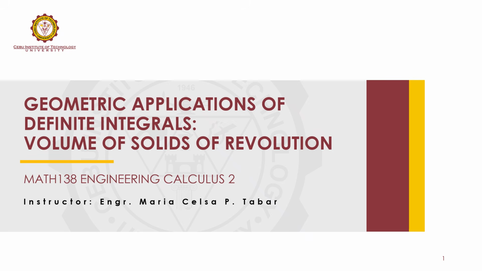So today we'll be exploring one of the most visually satisfying applications of the definite integral, which is computing the volume of solids of revolution. Up until now, we've been using definite integrals to find areas under curves, essentially measuring flat two-dimensional regions. Today we take that a step further. We're going to take a flat region, spin it around an axis, and calculate the volume of the three-dimensional solid it sweeps out.